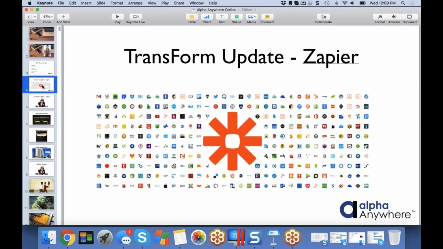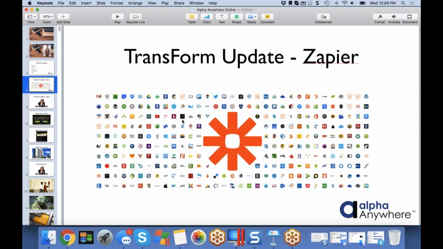Well, Alpha has developed, our developers have developed a Zapier integration, meaning that we have the ability for you to open up a Zapier process. And we're going to do a demo on this very soon that shows you how you can, with Zapier, reach into Alpha. When a form is submitted, it will automatically call Zapier, and then Zapier can take that data and then do anything with it. It can take it to any of 1,000 different systems and do some very powerful things. And you can kind of chain these things together. So it's very powerful.